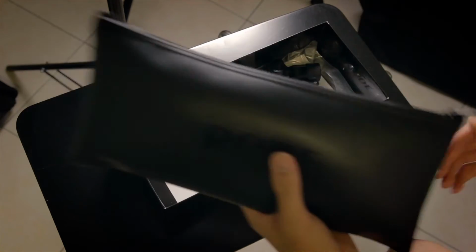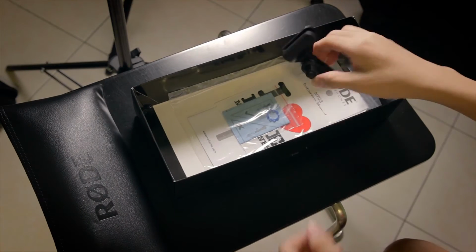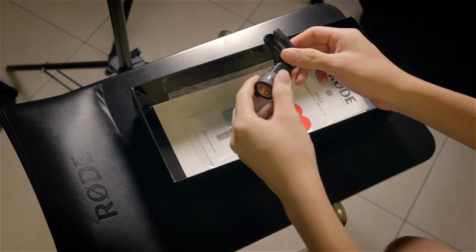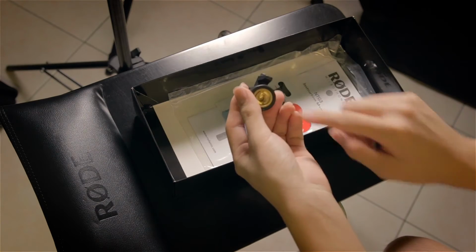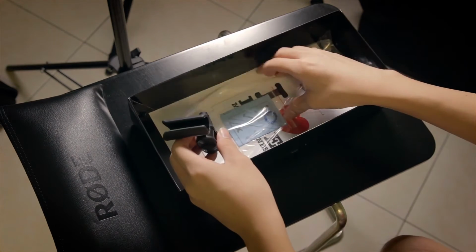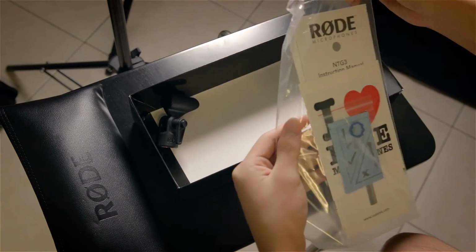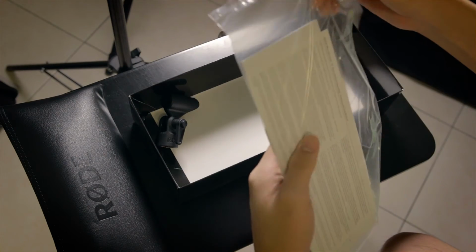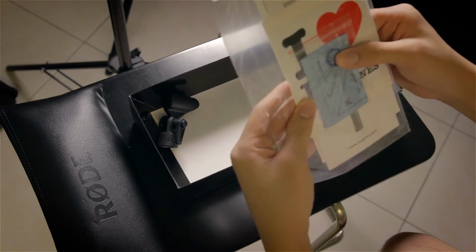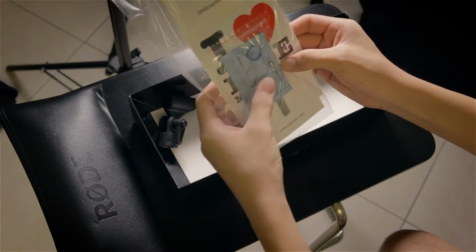So we have a pouch here, we'll get to the goodies later. Put this aside. Inside we can see a mic clip for the NTG-3, plastic mic clip with metal thread adapters, and we have a little package here. It is heat sealed. So anyway, we can see there's a sort of a replacement part, some rubbery ring inside,